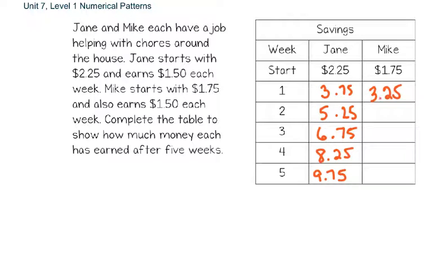So when we add $1.50 to the $1.75 that he already has for week 1, he's up to $3.25. Another $1.50, he's up to $4.75. Another $1.50, and he's up to $6.25. Another $1.50 for week 4, and he is up to $7.75. And another $1.50 for week 5, and he is up to $9.25. And what they'll often ask you to do is take a look at the table